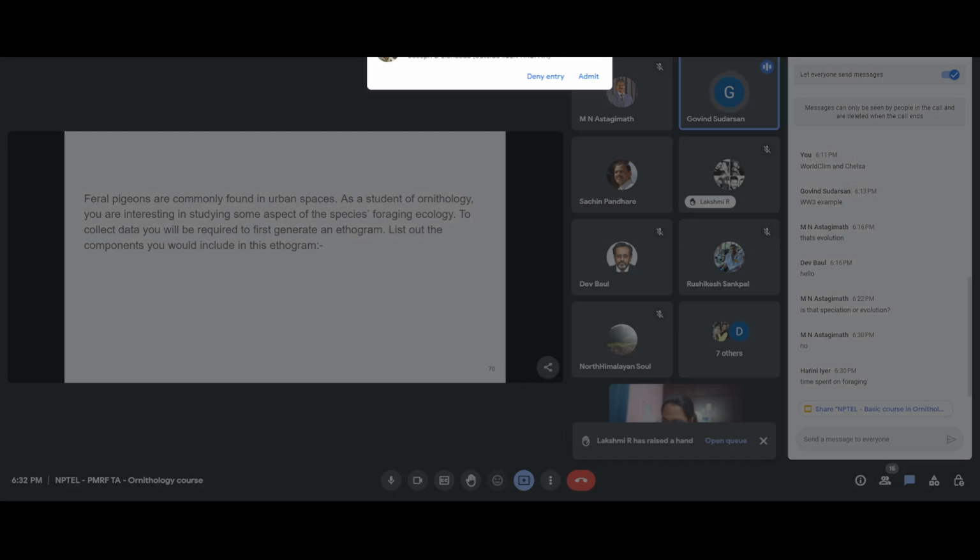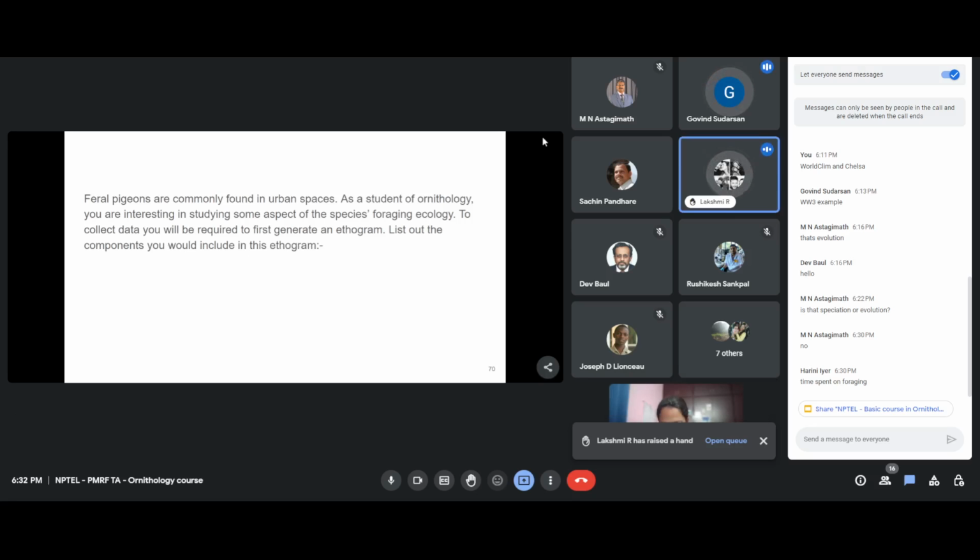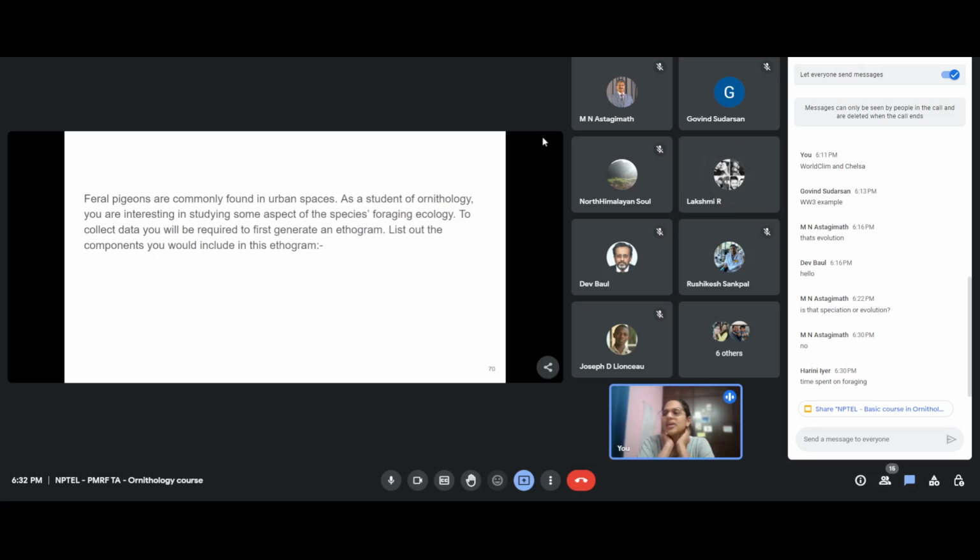You tag the bird, I guess. Imagine you can't tag the bird. Imagine you're just observing birds. How many times they feed in a given day or a particular time? That depends on the availability of food, right? How many times they feed? Please hold that thought, Lakshmi. Govind, do you want to give it a shot on how to measure how long it takes to get there?